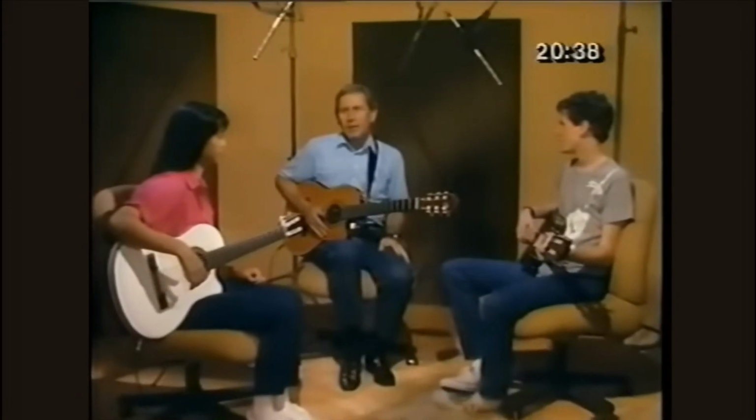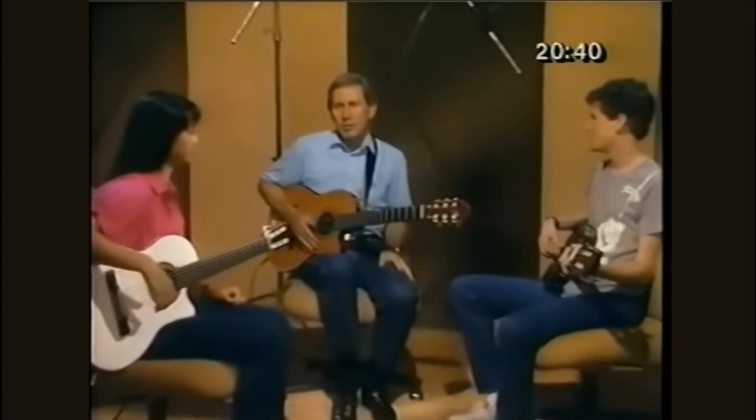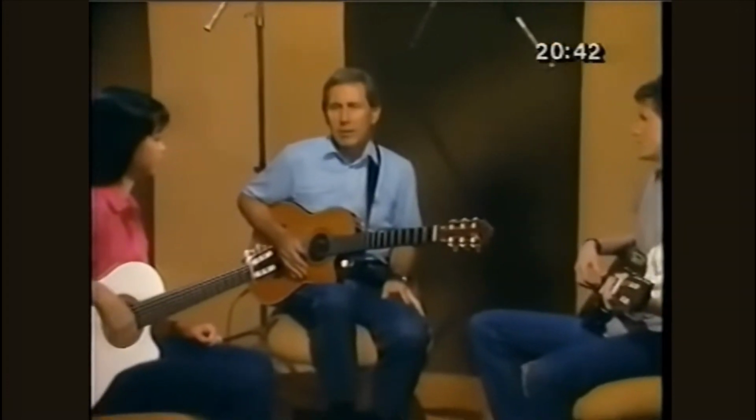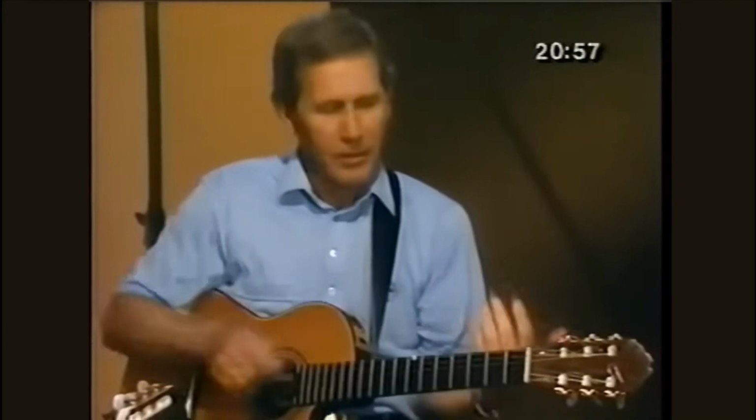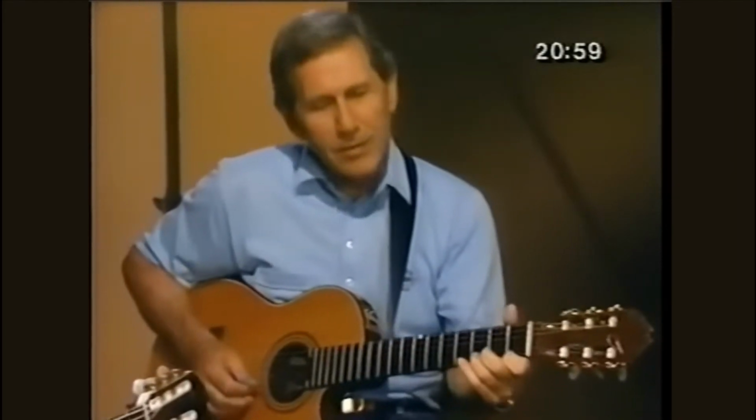Up to now, we've been playing a lot of chords. But you know, all great music comes from scales. And scales would be a good place to start right now. When we think of scales, we think in terms of numbers and letters. Numbers being the fingers of the left hand. 1, 2, 3, 4. The scale we'll play is...